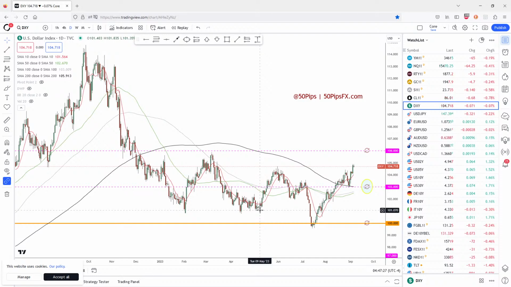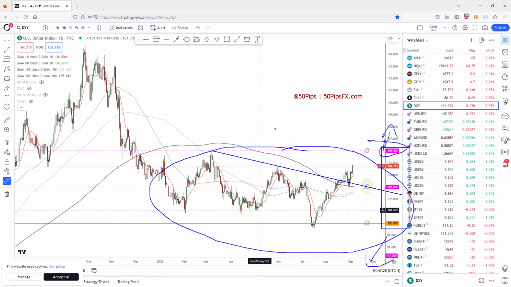But right here, what you want to focus on in terms of this dollar move is the range is still 106, 103, 100. As long as we don't trade back below the 103, as long as we don't trade back below the 200 DMA, as long as we don't trade back below this trend line, the path of least resistance, or what the market is likely trying to do, is to move back into the top end of the range. Where do people really get hurt? If we trade below 100 or above 106. Inside, this is still very manageable inside this range. Nothing crazy going on. Short-term traders getting in trouble, but really in terms of the bigger picture, this is still a fairly comfortable range.